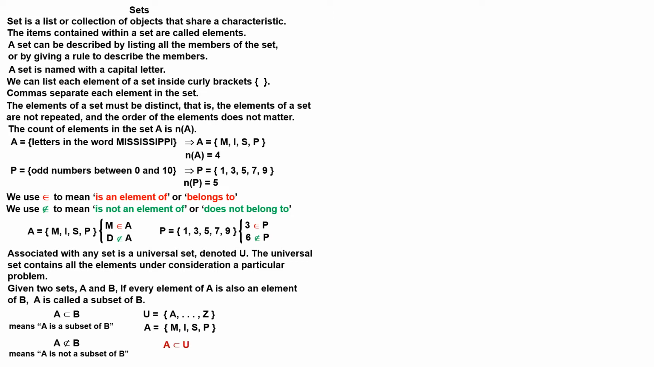If we are considering all natural numbers and the odd numbers between 0 and 10, we can say that the set of all natural numbers is the universal set, and the set of the odd numbers between 0 and 10 is a subset of U. Set P is within set U, so set P is a subset of U. This is written as: